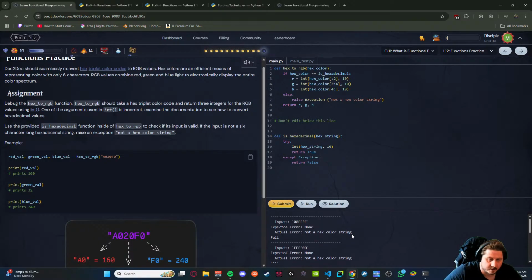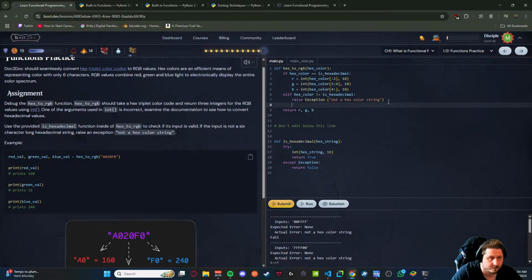Somehow this gives me 3. Doesn't make sense to me. Oh, I know why that didn't work. Elif hex color is not equal, which is the same.